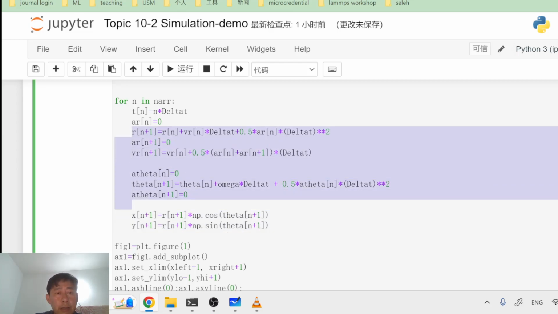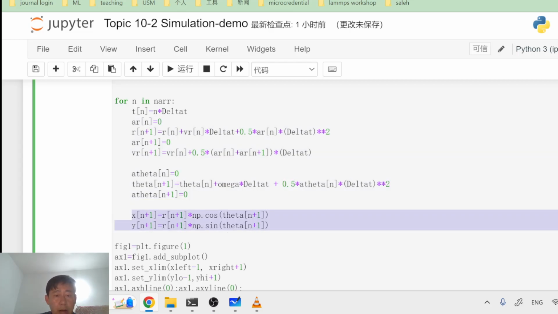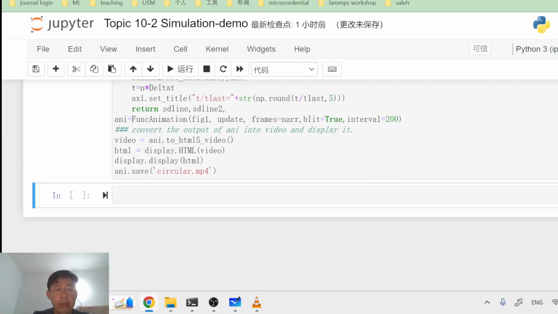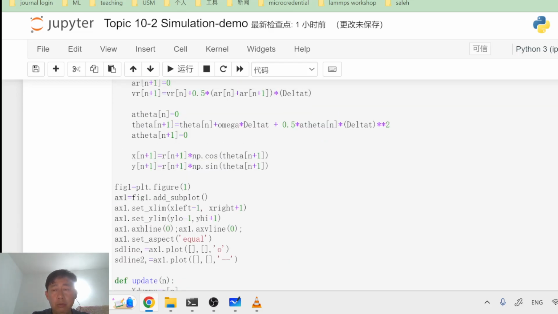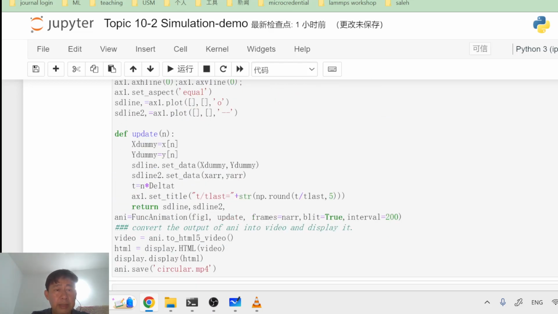So here for the Rayleigh algorithm of a circular motion, what you do is that you use the equation of motion to update r and update theta. Once the theta and r have been updated, then you have to translate the r and theta into the coordinate of x and y. So that is how I do my simulation. So here, this is an example